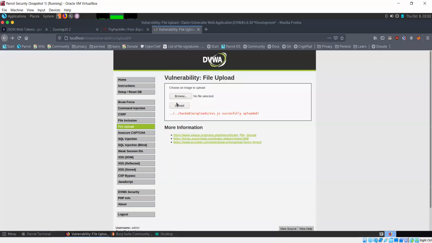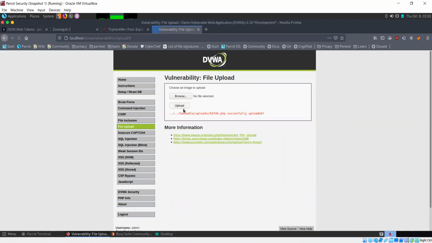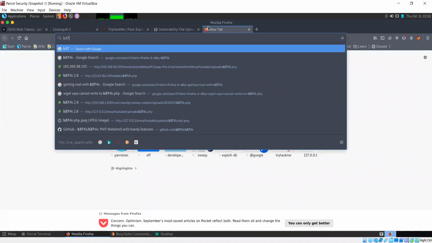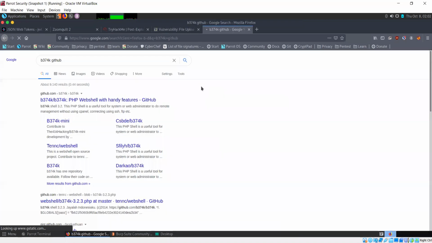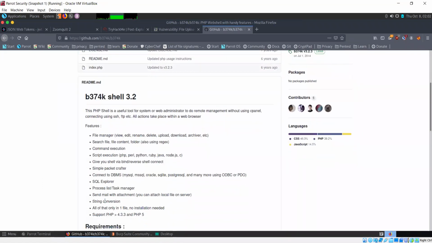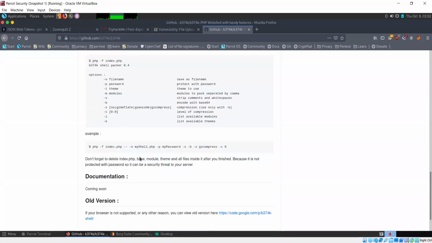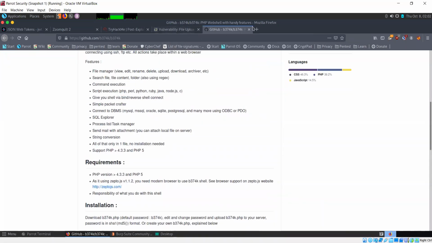So let's click on browse, b374k.php, and upload. So it's telling me that the file has been successfully uploaded. Also, this b374k can be found on GitHub, so you can download it from there. It's a web shell. Okay, let's see how it works.